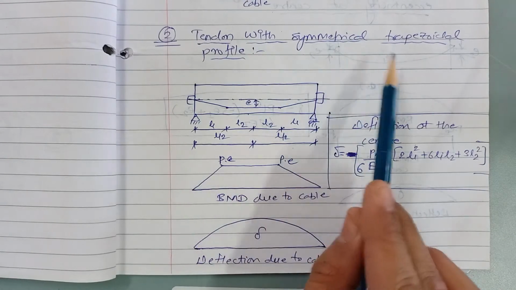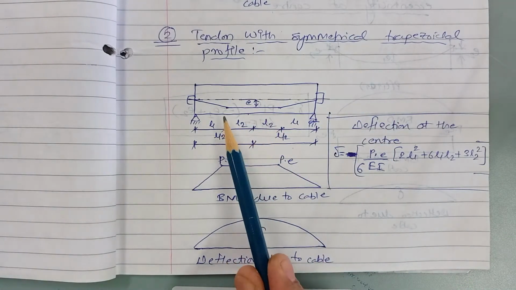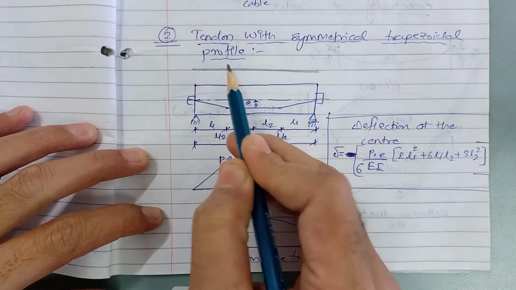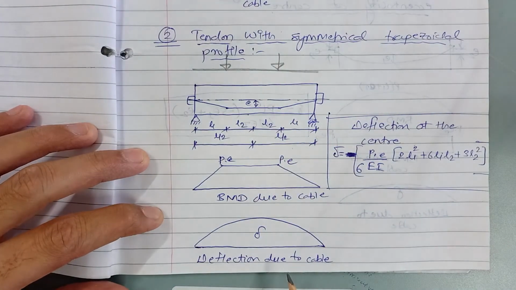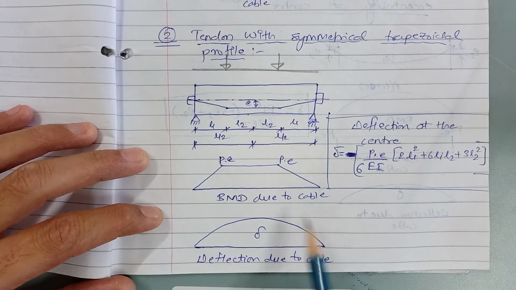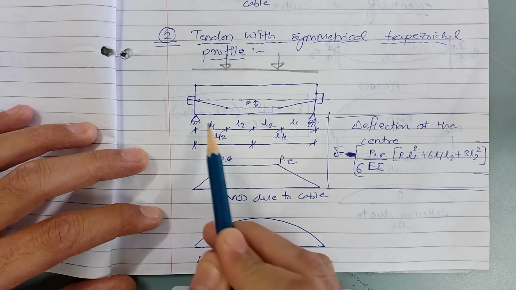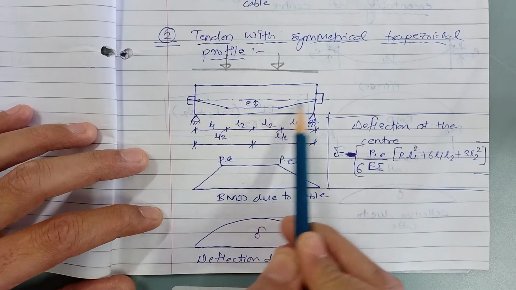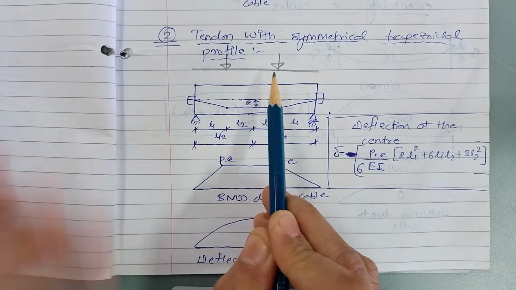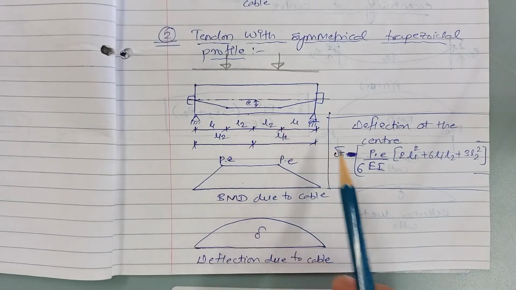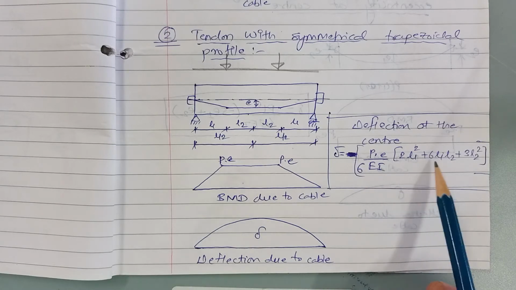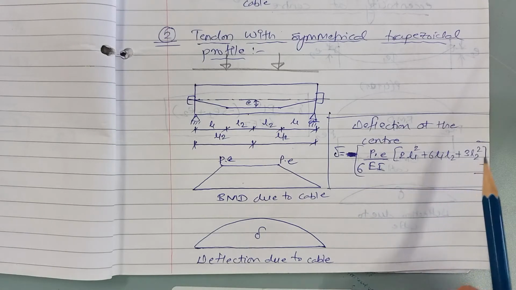Second, if a tendon with symmetrical trapezoidal profile is provided, this will be the case when the beam is subjected to 2-point loads. Then such will be the BMD, and the cable profile is analogous to the BMD due to loading. Hence a symmetrical trapezoidal profile will be provided if 2-point loads are acting on the beam, and the deflection formula for that will be minus P into e divided by 6 EI bracket 2L1 square plus 6L1L2 plus 3L2 square, where L1